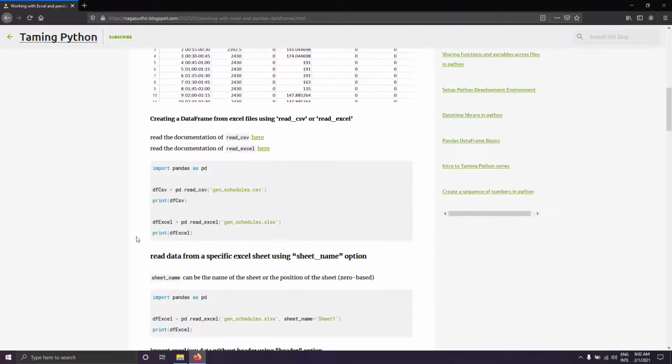Okay, now let's get started with our first example, which is reading an Excel file or a CSV file using the read CSV and read Excel method. You can see if you import pandas as a PD variable and if you call read CSV, you can get the CSV into a data frame variable. And if you read the Excel file using the read Excel method, you can get the data frame into a variable. So let's get started with coding.